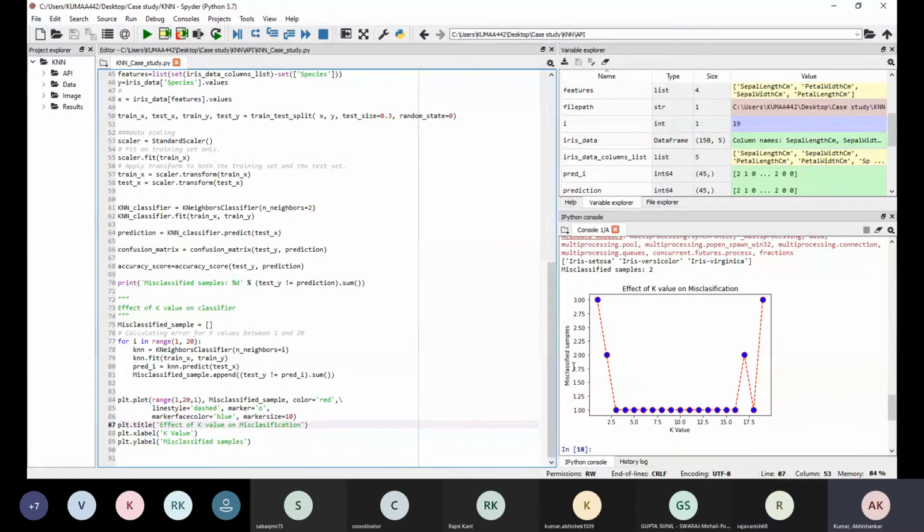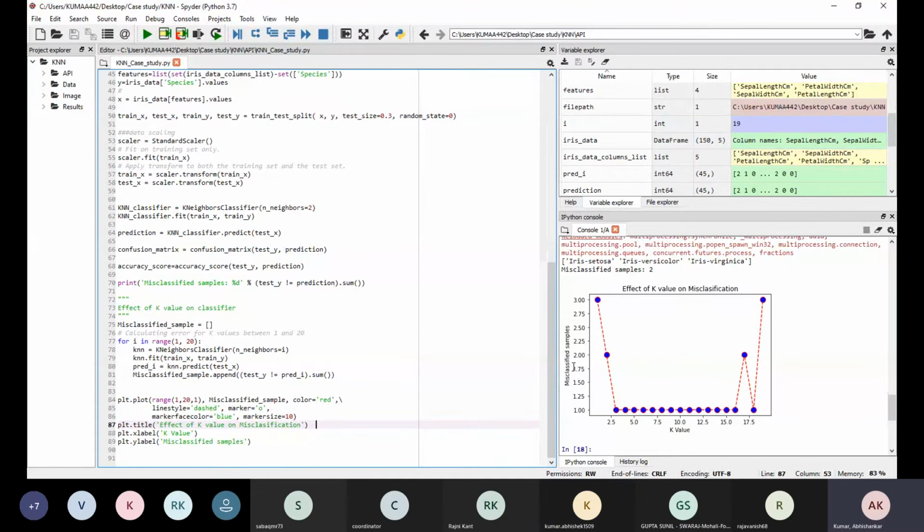So what we can see is when K equal to 1 we have the highest misclassification, that was 3, and when K equal to 2 we have misclassification equal to 2, and when K equal to 3 we have the least misclassification, 1. You can also find what is accuracy. All these parameters you can try out, find out and see. So for this actually we can select K equal to 3.